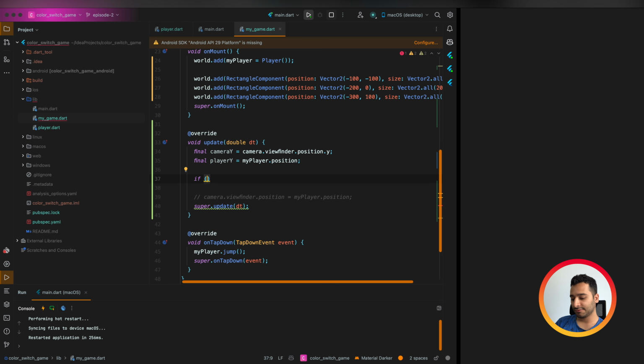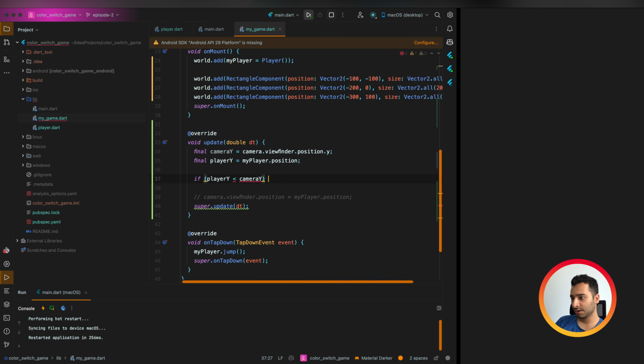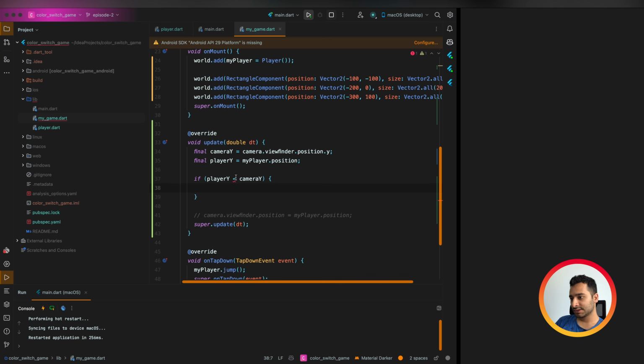So we can say if player.y less than camera.y. Now we can say, what's the position? Oh, this is the issue. We can say camera.viewfinder.position.y equals to player.y. So let me run the app.